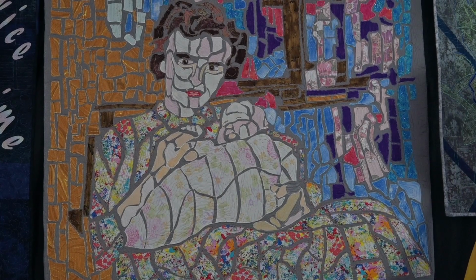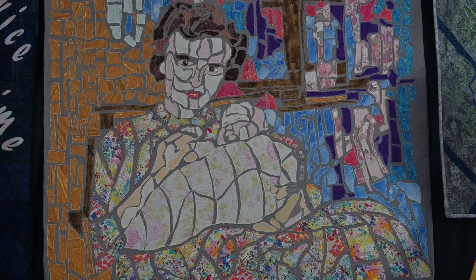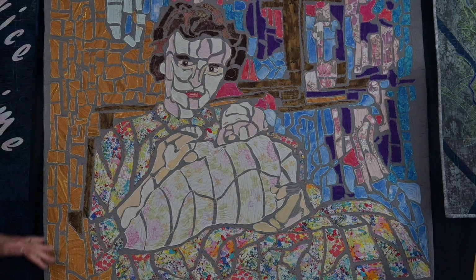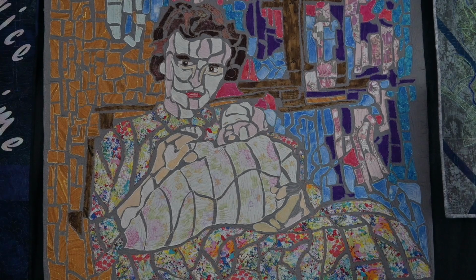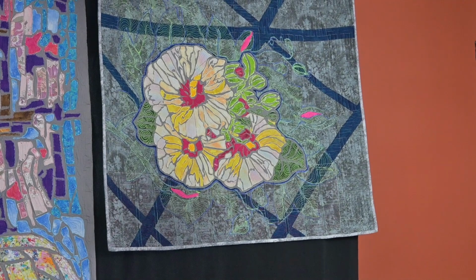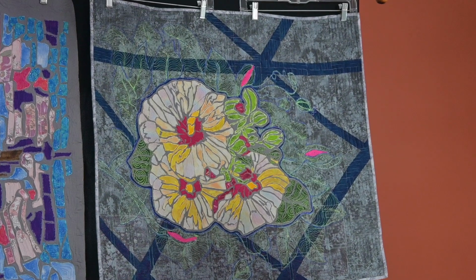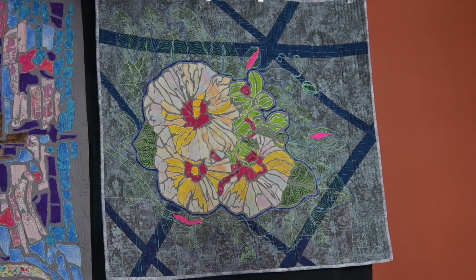Oh, that one is neat too. And I love the way you've done the background too. You've got it all in the mosaic, not just her. Wonderful. Okay, and this last one was just a photo of three hibiscus, and the same process, where I start